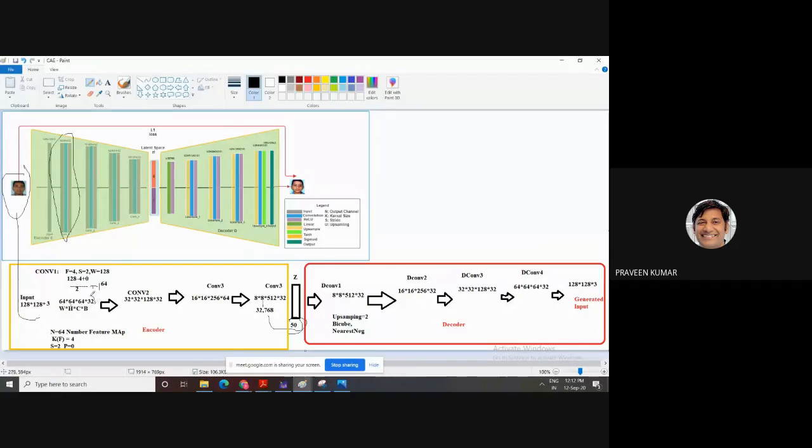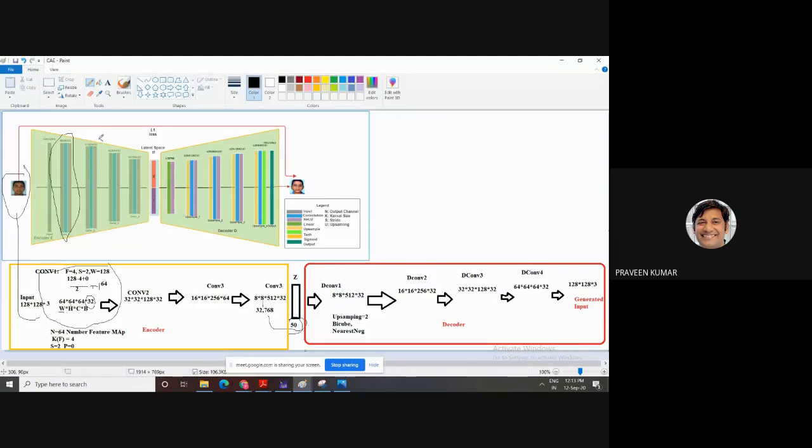Then 32 is the batch, because whenever you develop the model, we do not send one image to the model. We send our images in the form of a batch. So in my model, the batch size is 32. So what is the output after the first convolution? 64 is the feature maps, the different filters, then the width and height, and then 32 is your batch size. The general representation is width, height, C and batch. This is how the first convolution concept is covered.